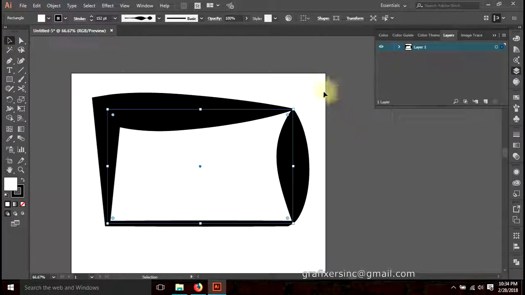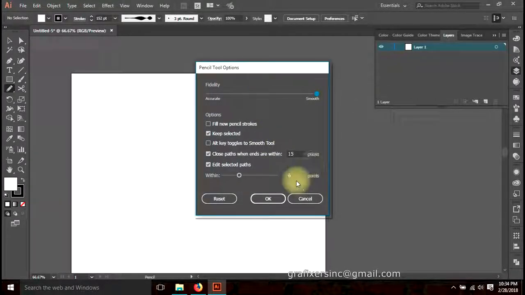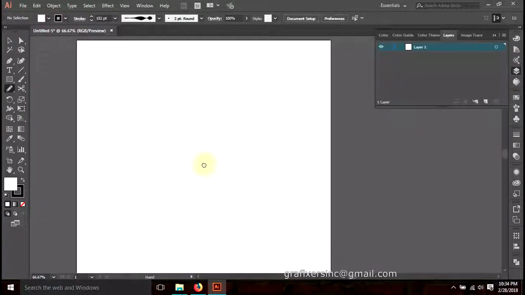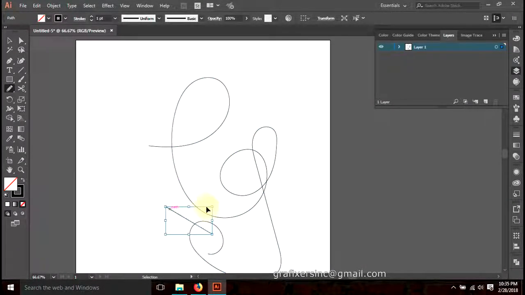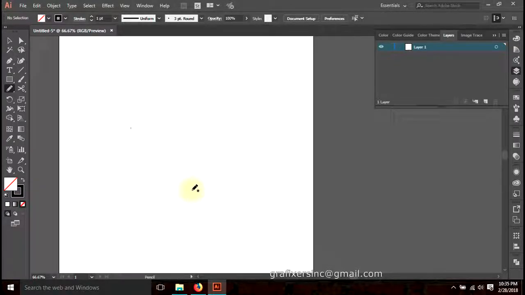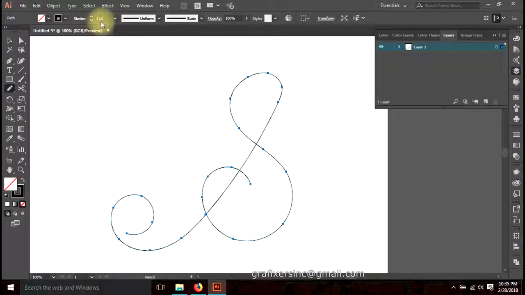The better use of this tool is when you type something. So I'm making it smoother, and I'm writing something. If I write G on the artboard, it's a very complex G, so if I write something else that would be better to understand. So I'm writing S, so here is letter S,